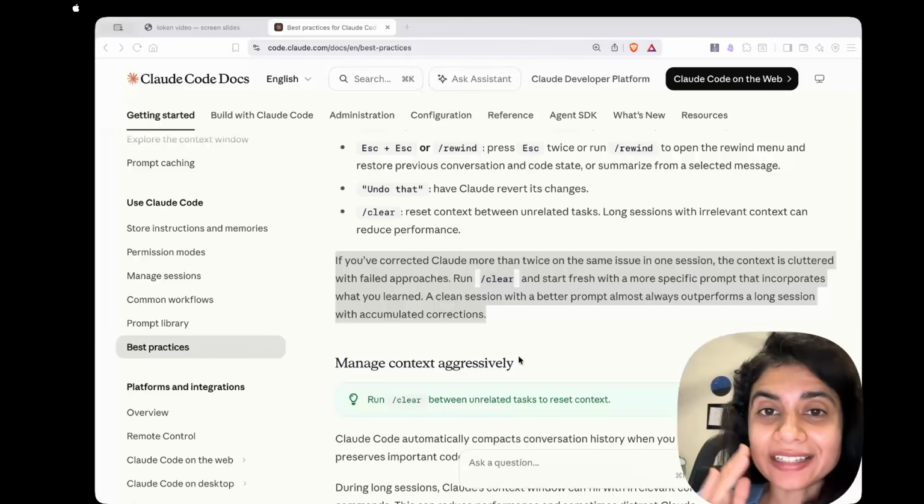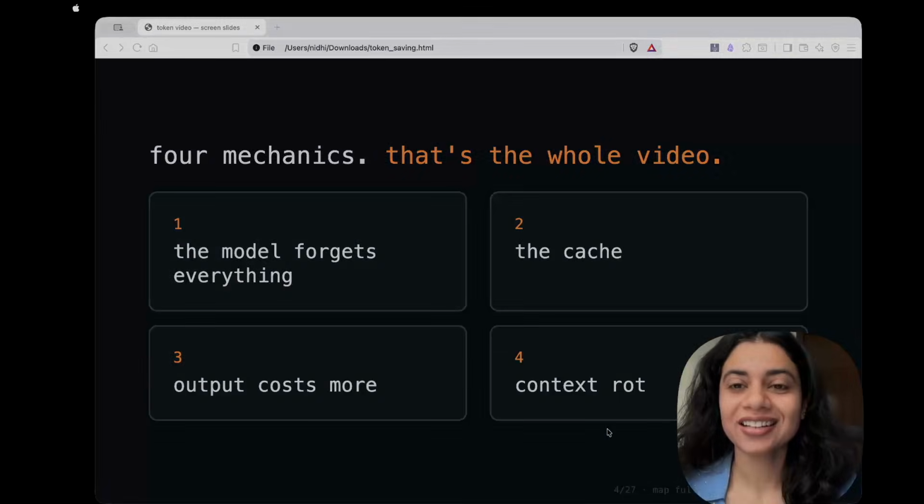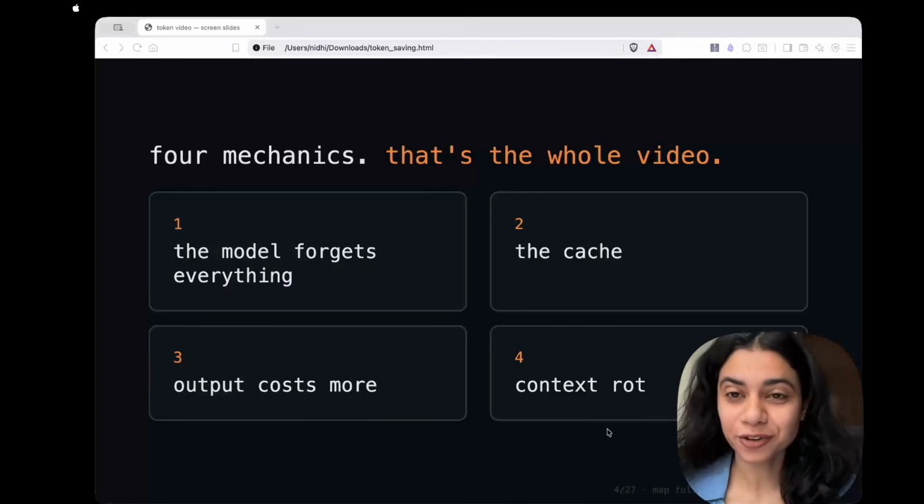So the thing is, a clear session with a better prompt will almost always outperform a long session with the failed attempts. What is happening is all these failed attempts are filling in your context and they are being reread for every turn. With this, we have covered all the 4 mechanics, and now it's time to share some tips